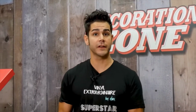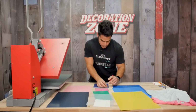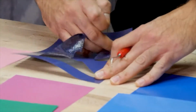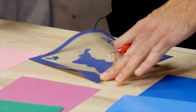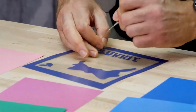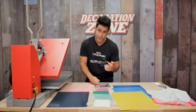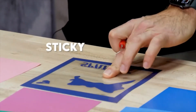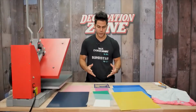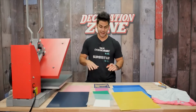The next step is weeding, or removing the excess material or the negative space around our designs. So we're going to take our Siser weeder and pierce the corner of our Sparkle transfer and remove our excess material. Now, I want to talk about a huge benefit of the Sparkle heat transfer vinyl, and that is that, just like our Easy Weed family, you guys probably know, it has a sticky backing. So it's really beneficial because it is an easy weed, but if you want to make your process even faster,